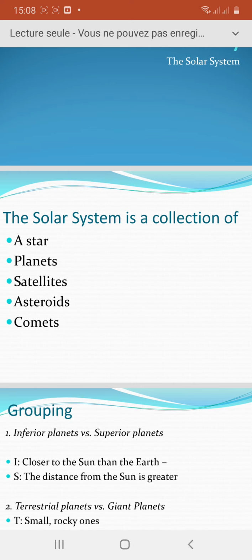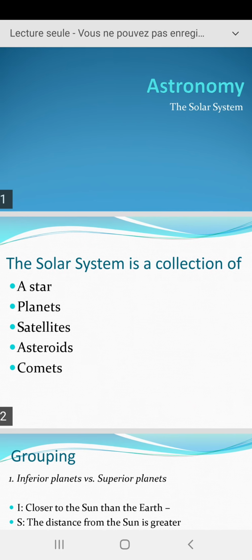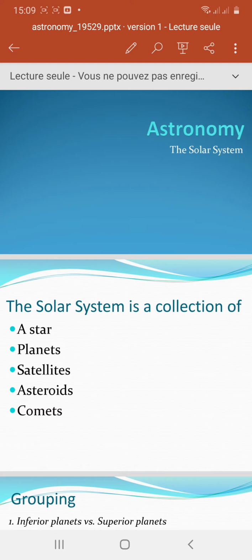It is about the solar system, right? The solar system, the third unit in your school book. It is designed only for the scientific streams. So here, troisième S, علوم تجريبية, that's all. Now we start by explaining some important words that are essential in understanding any text about the solar